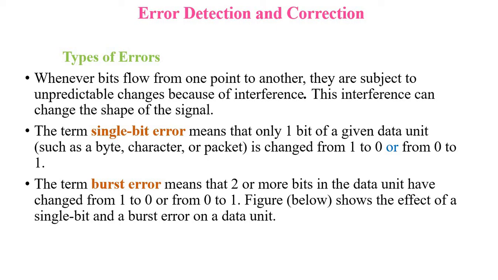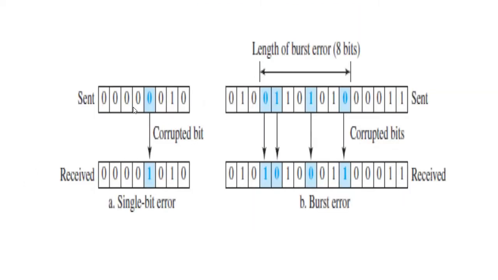The second kind of error we have is burst error. Here 2 bits in the data unit have been corrupted. Here also again 0 or 1. This can be viewed with the help of a simple schematic. The data sent is here with single bit error. So we can say that the data available is 00000010, but once it is received, we can see that a 0 is changed to 1. That means the data is wrong, it has been corrupted. So only one bit is identified here for this corruption.